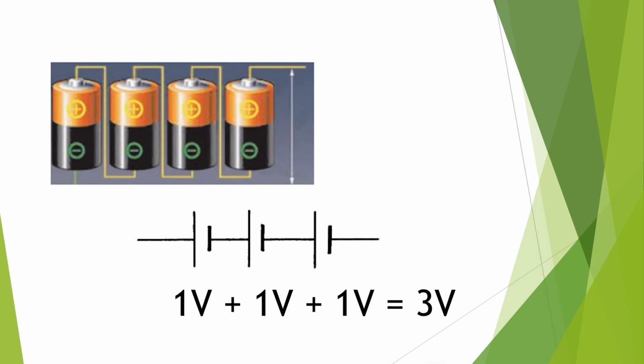So if you have 3 cells as shown, and if each cell has a potential difference of 1 volt, then all the potential difference of the cells will be added together. So I have 3 cells of 1 volt each. I'm adding them up, so I have 1 volt plus 1 volt plus 1 volt. So the total potential difference of the circuit is increasing by 3. So 3 volt becomes the potential difference. Now because the potential difference is increasing, the current will also start flowing. So the higher the potential difference, the more will be the current flowing through the circuit.